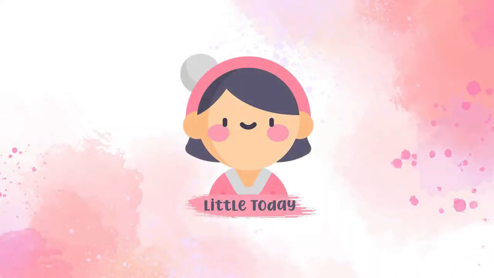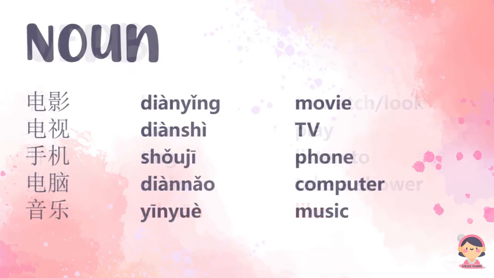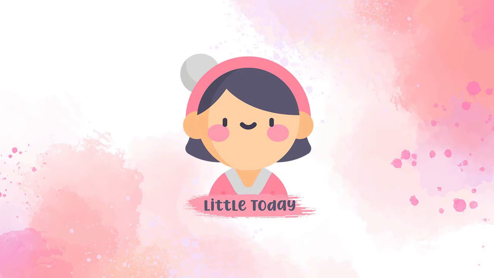So before we finish today's lesson, let's review some of the vocabularies that we just learned. Okay, let's go. 看 玩 听 洗澡 喜欢 电影 电视 手机 电脑 音乐 衣服 杯子 狗 猫. Wow, today we have learned a lot of new vocabularies, and I hope this lesson could help you guys